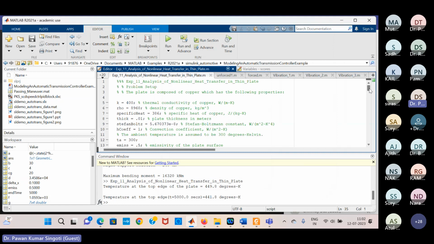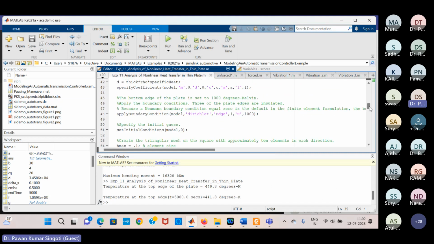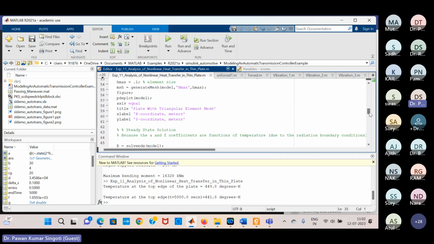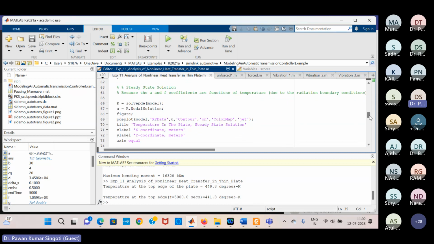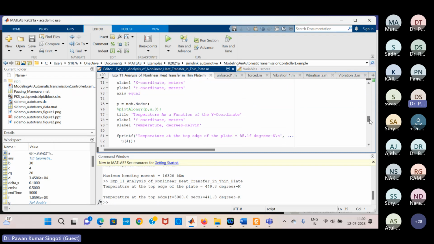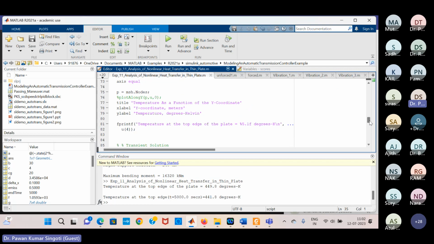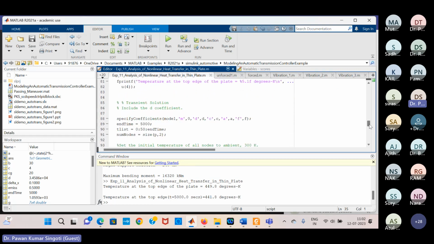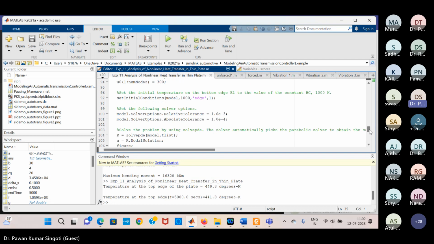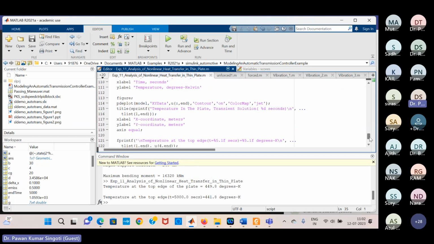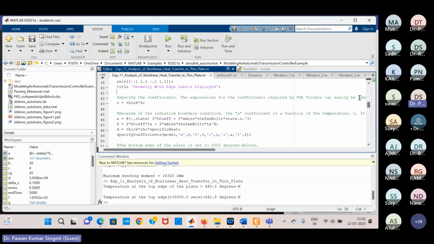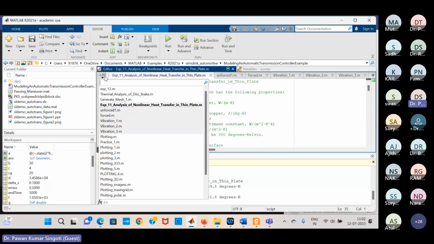What we see here is that many things are given: nodal solution, figure plot, then mesh nodes. So this is also possible in MATLAB. We can teach this as a heat transfer problem. Now coming to the last problem,